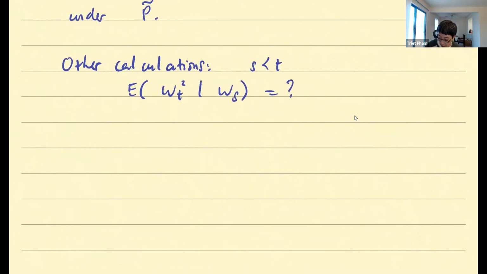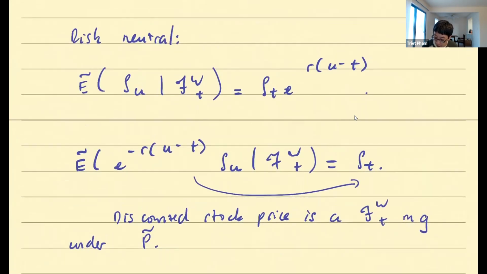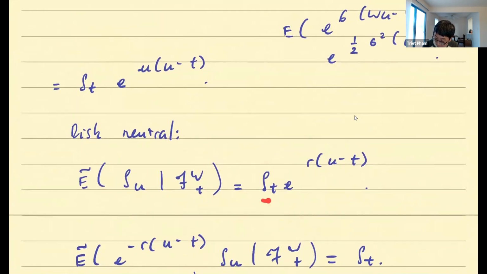You can put the whole past history here. It doesn't really matter, as we mentioned. Basically, you see that all the calculations we did, when we condition on the whole past history, eventually it only turns out to be dependent on the WT itself via the ST. ST depends on WT. So when you condition on the whole history, but your result only turns out to be dependent on the most recent past, that's called the Markov property. That's called a Markov property.